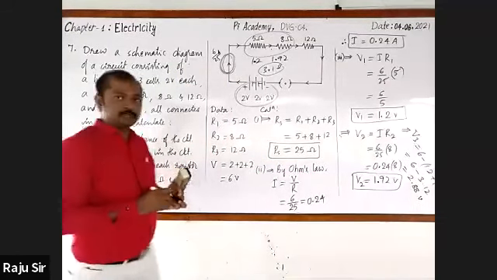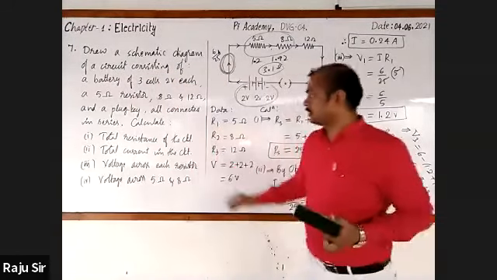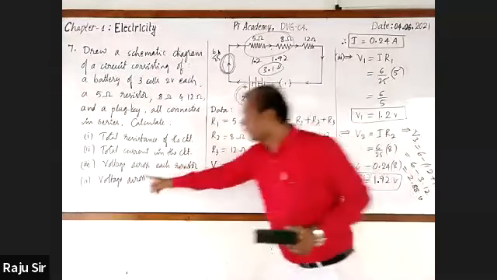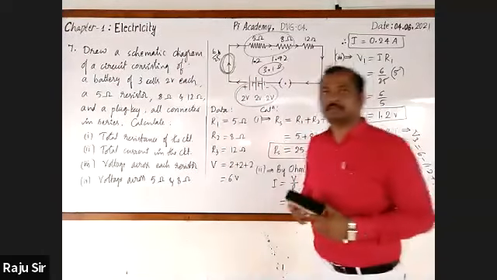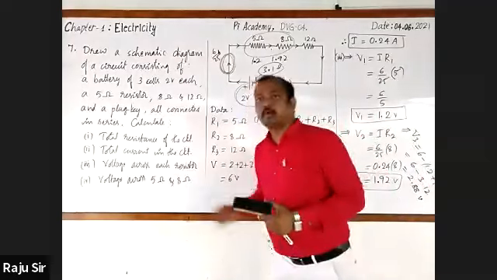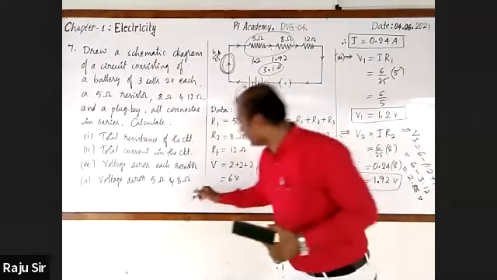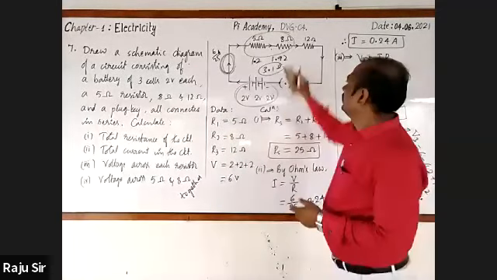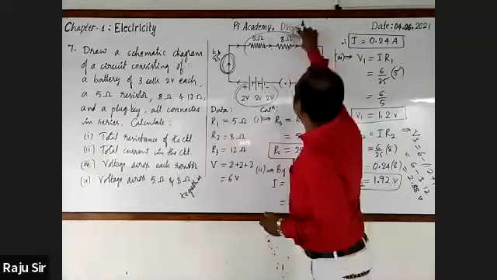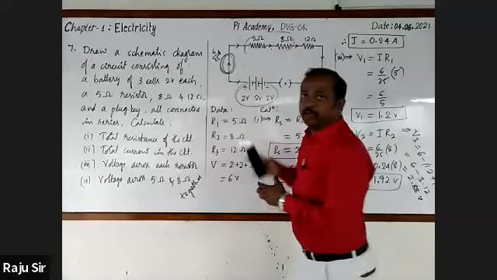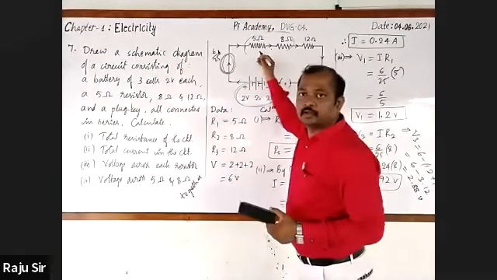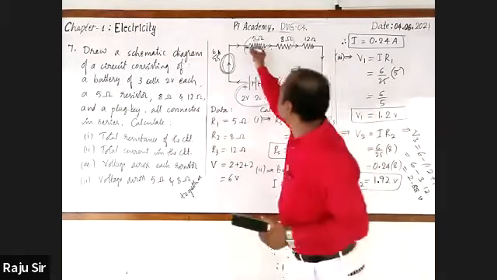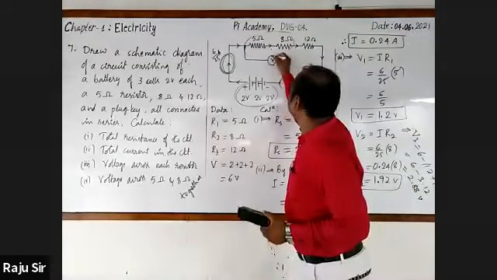Next, now let's move on to the fourth sub question. We should find out the voltage across 5 ohm and 8 ohm together, not separately. Together, 5 ohm and 8 ohm, which means that you are going to connect the voltmeter like this. See that? Here, the voltmeter should be connected. Sir, we cannot see the board, sir.